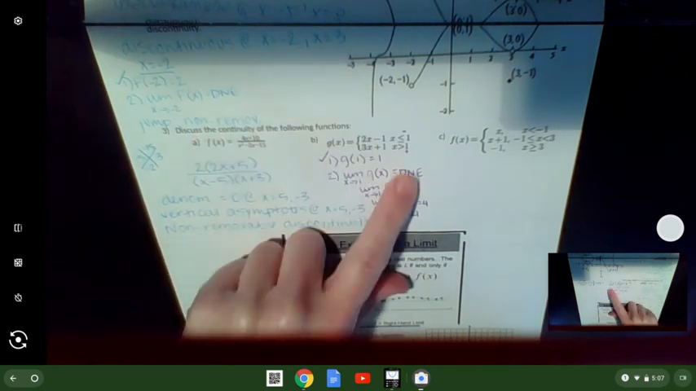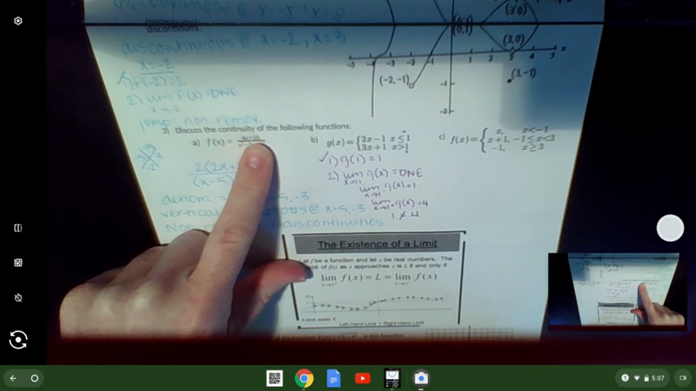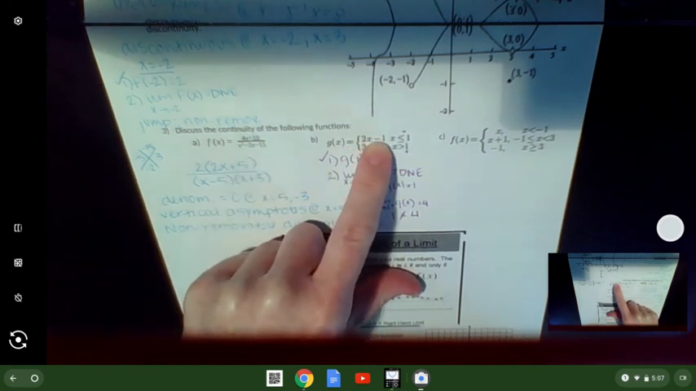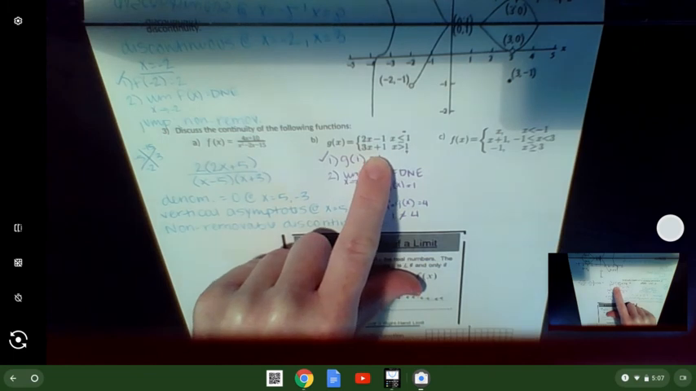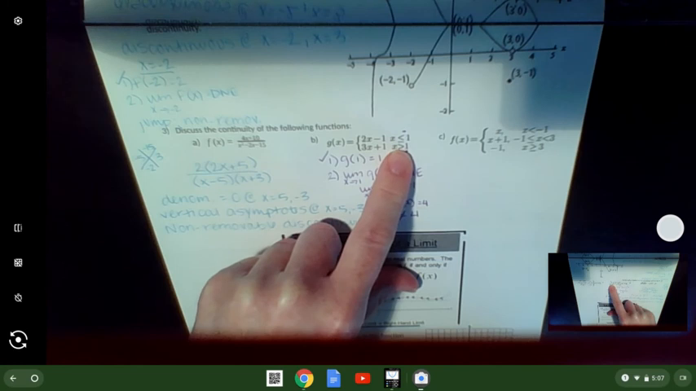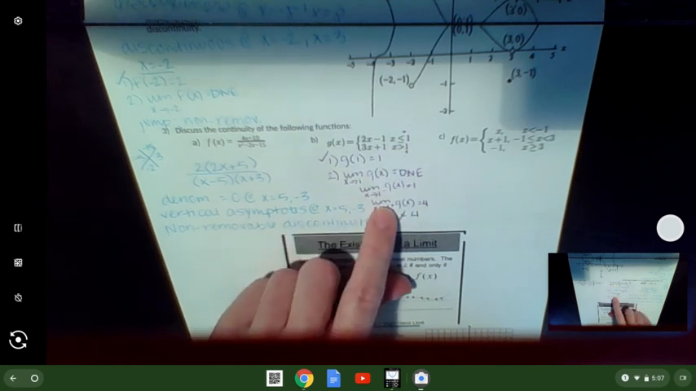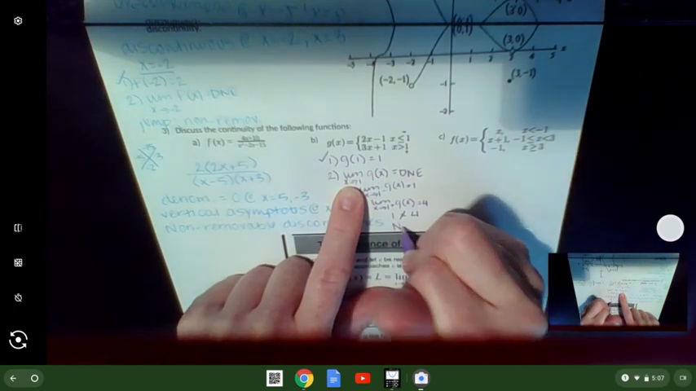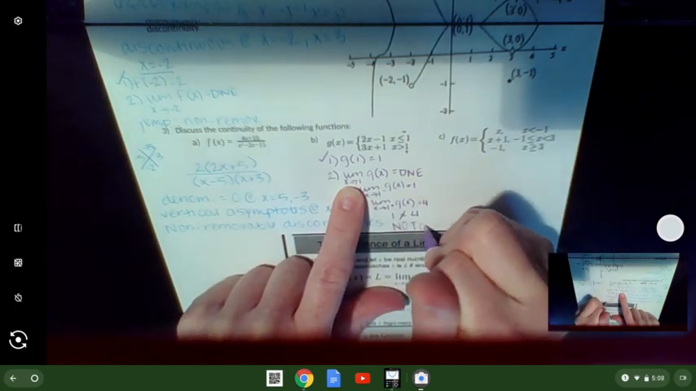So back to what we were trying to do in B, discuss the continuity. Is this function continuous? Well, piece 1 is continuous because it's linear. Piece 2 is continuous because it's linear. But when I put these pieces together, focusing on their breaking point, is it continuous? The answer is no, because we fail part 2 of the definition of continuity. Not continuous